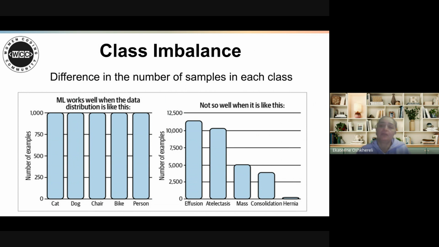But our models do not work so well, and it's really difficult to train a model when you have imbalanced data. And in the real world, data are really imbalanced. But there are some ways to deal with this imbalanced data.